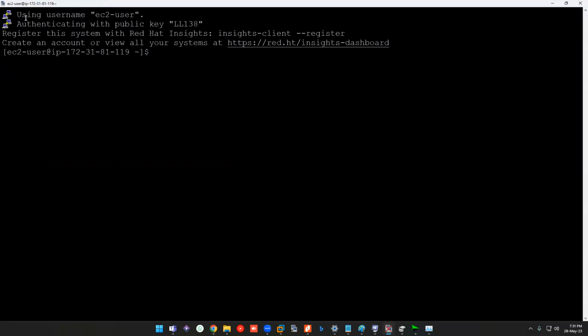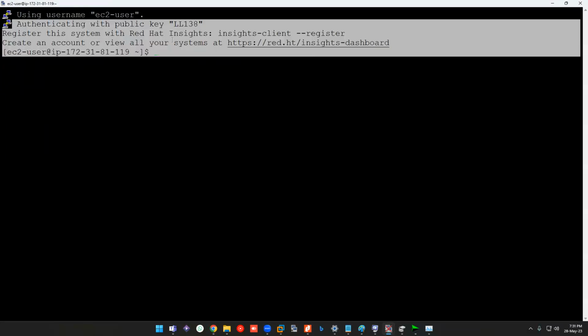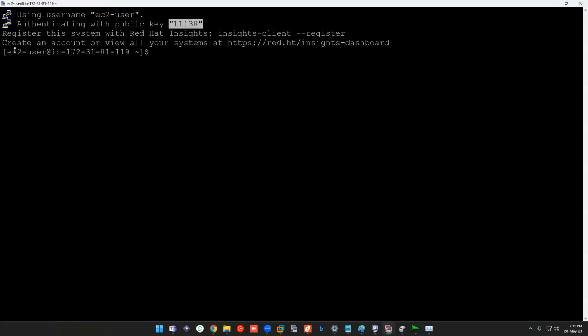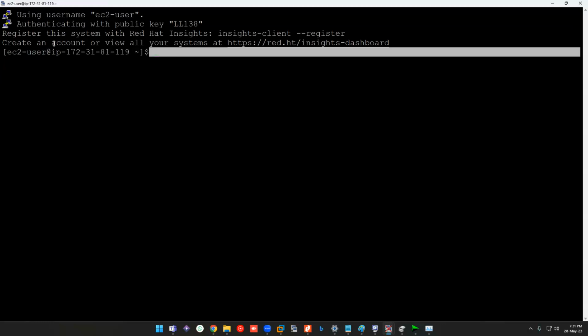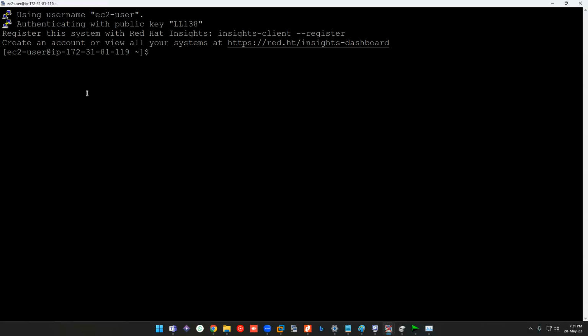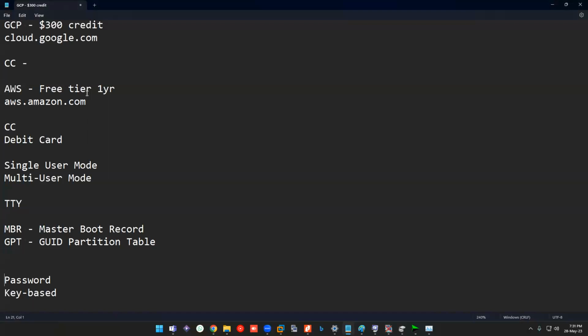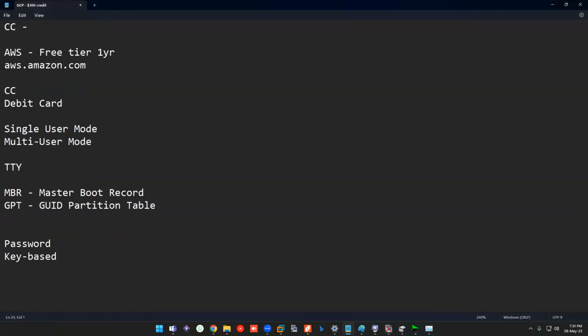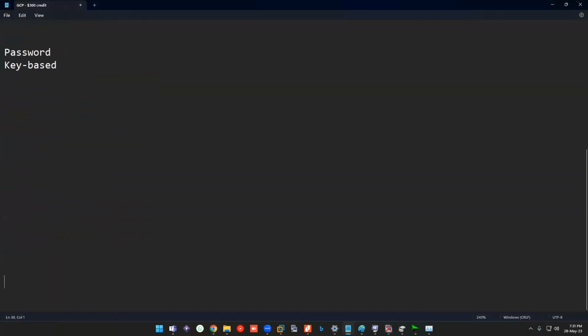So yeah, you can see it is using this username and this public key, and it is logged in. If you see this line, this is the actual shell of this user, and you're good to go. Okay, so you just type sudo su - root. As I told you, the root user is very, very important, and you must always become the root user. So sudo su - root.